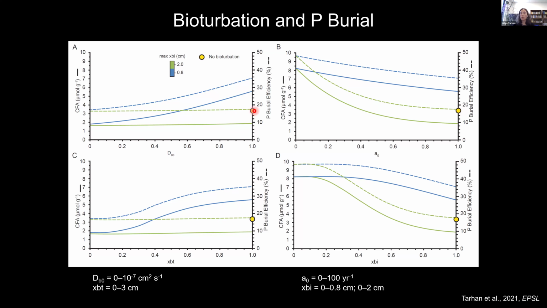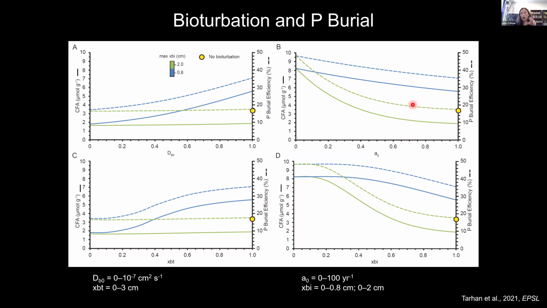In contrast, although bioirrigation can increase the possibility of iron oxide mediated scavenging of phosphate, it also increases the relative importance of aerobic degradation and lower pore water pH values, so it is more challenging to achieve saturation with CFA. And it's also simply much easier for phosphate liberated through those pathways to then escape back up to overlying ocean waters, where it will be recycled but will not end up buried in the sedimentary record.